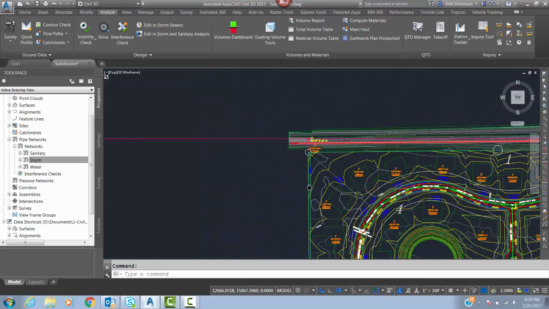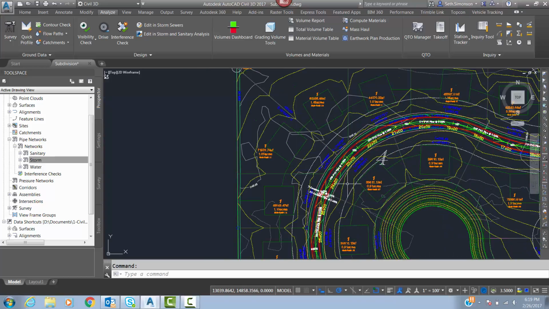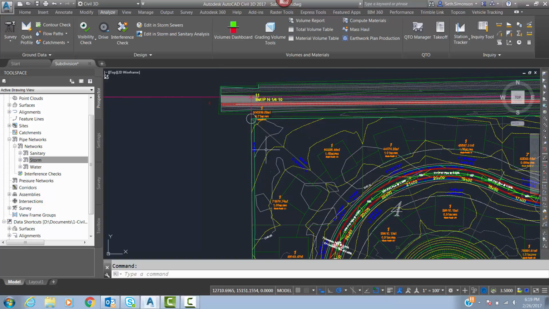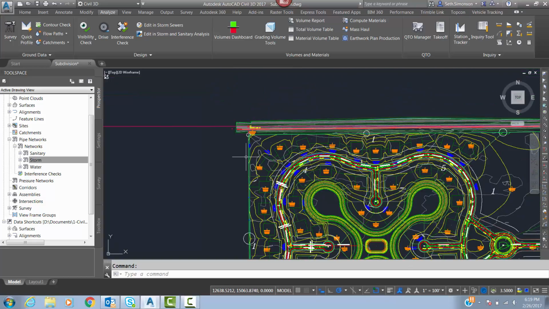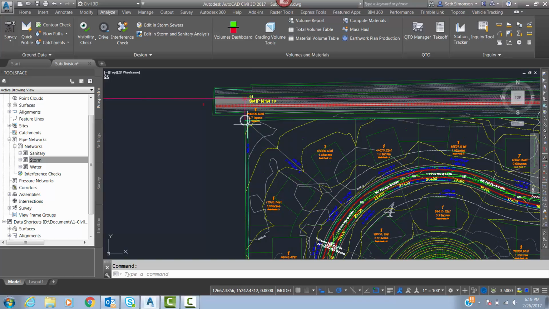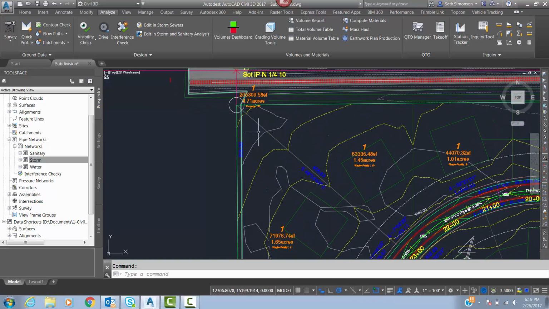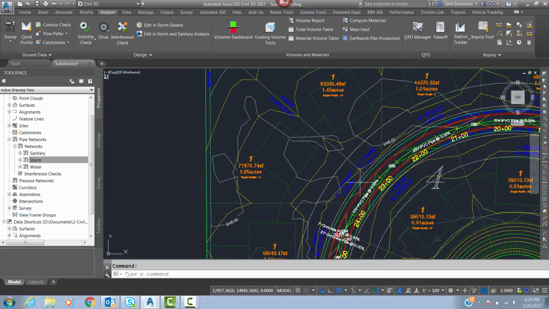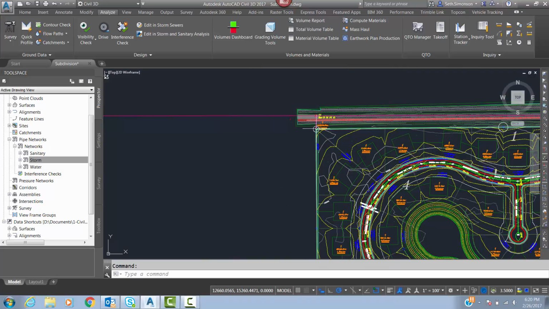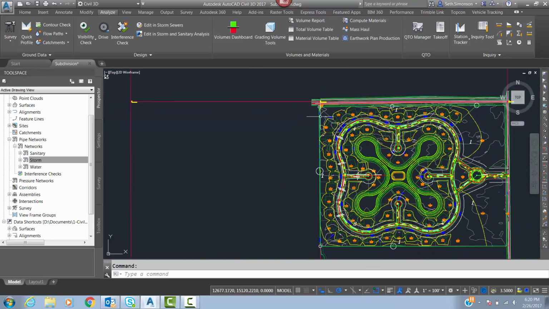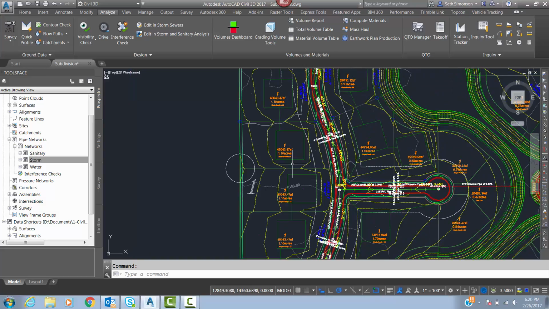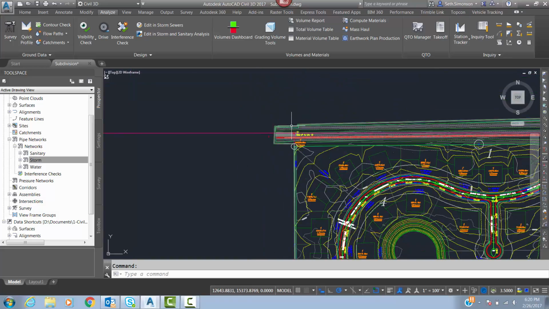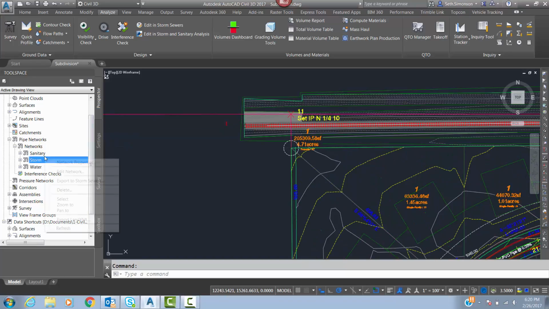One thing you're going to notice now is, in this section, I'm going to have to figure out something to do with these inlets and things that I have going on over here. So in this situation, I could either take this and go straight out to the street, but I have nothing really to hook into at this point. So I'm going to take this inlet and probably go down to this inlet and then over to that structure over there. So I'm going to right click on my storm,